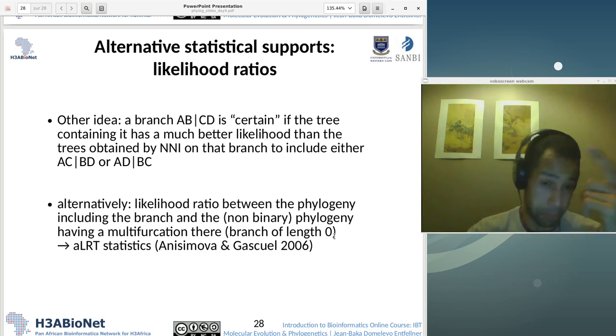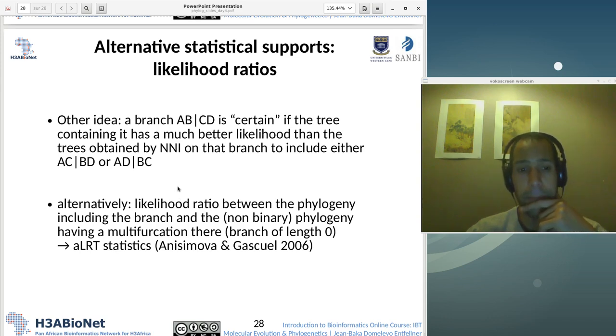So these two kinds of examples or strategies use what we call likelihood ratios. The ratio between one likelihood and the likelihood of another tree, slightly modified, gives you a good local confidence value for the branch that is involved in the rearrangement. That's an alternative to classical bootstrap,